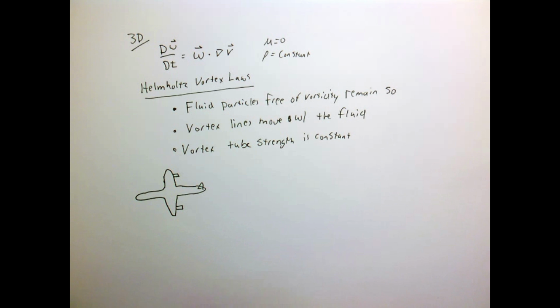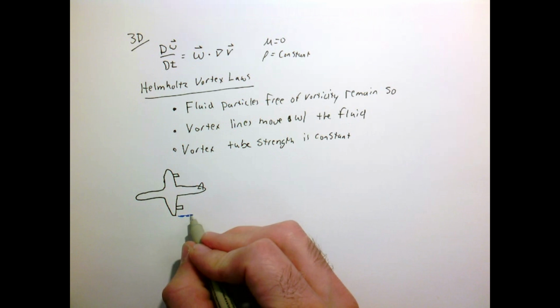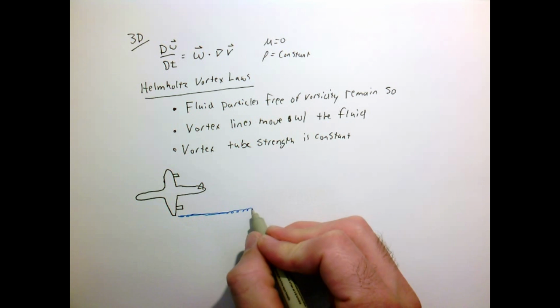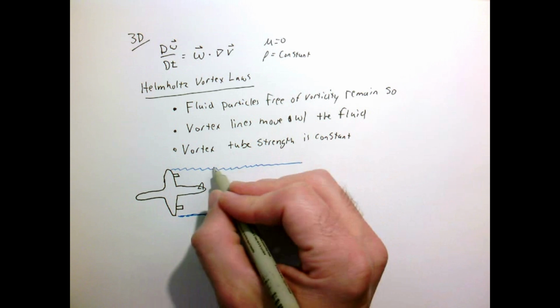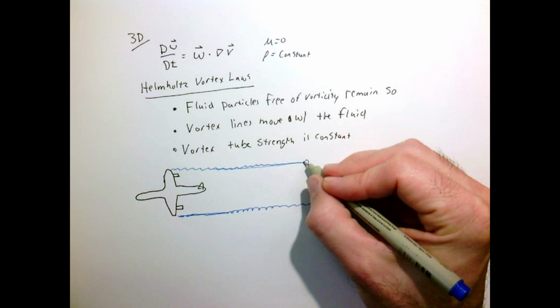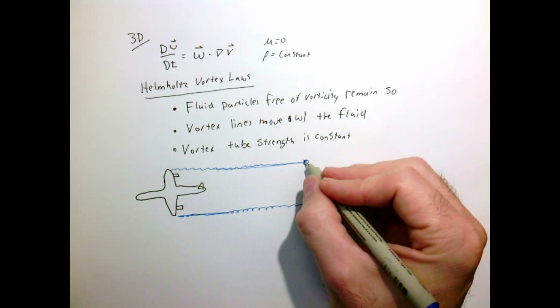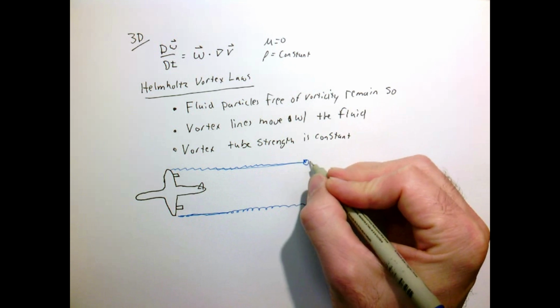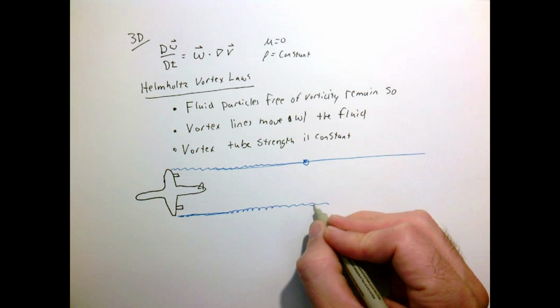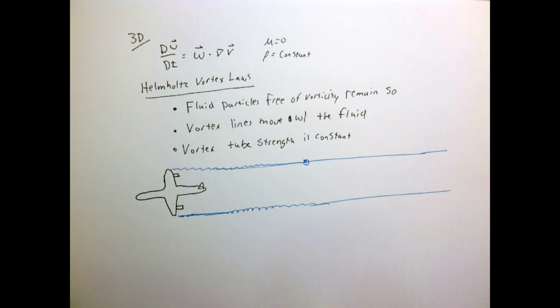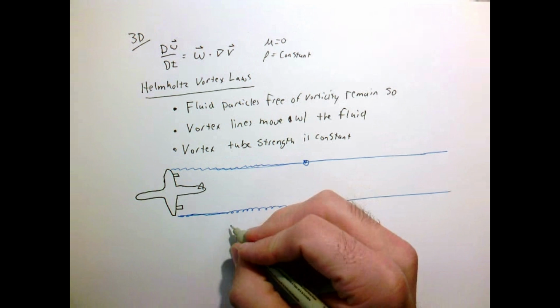Behind this airplane, you'll often see two long contrails, which are coming essentially off the wings. And these are very intense vortices which are swirling around. So a vortex tube would be like this collection of vortex lines which are swirling in this direction. So these things can be very intense and can stretch essentially across the distance of the sky. Now one of the cool things is if you ever look at these carefully,